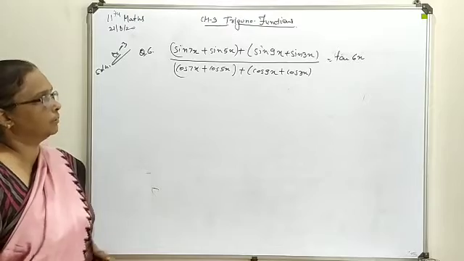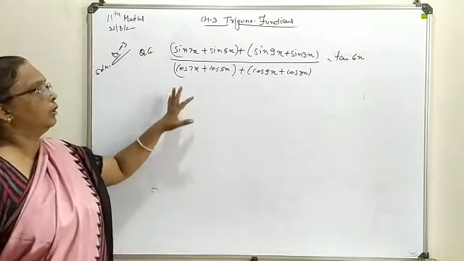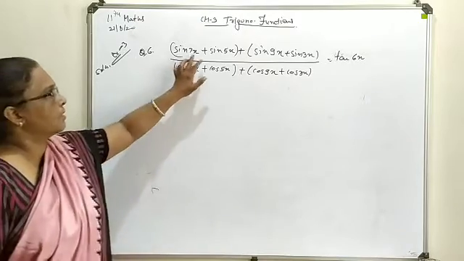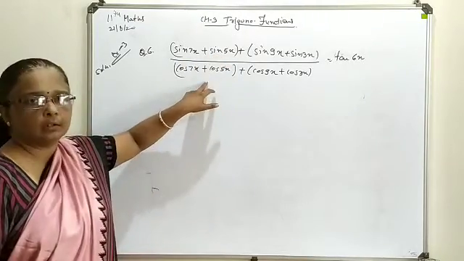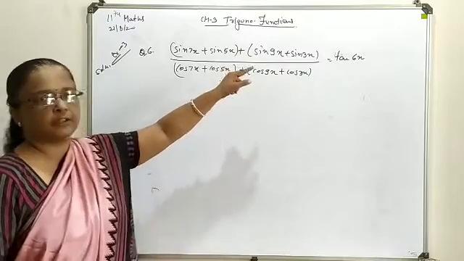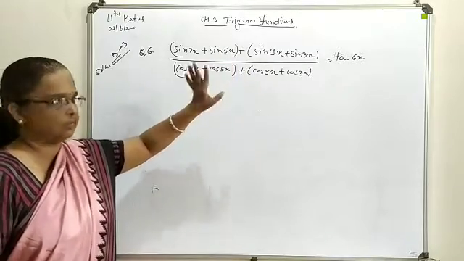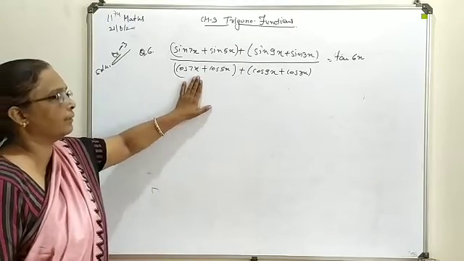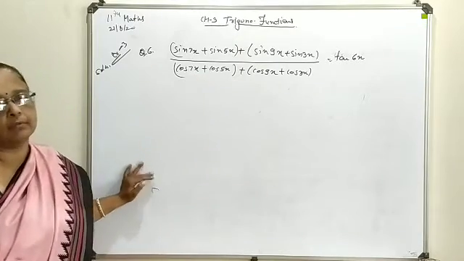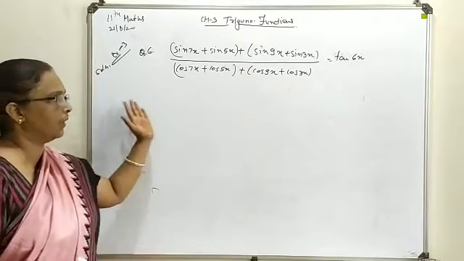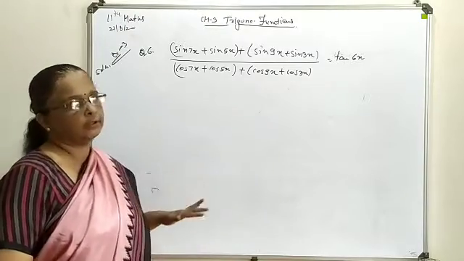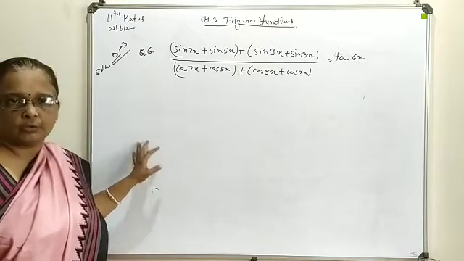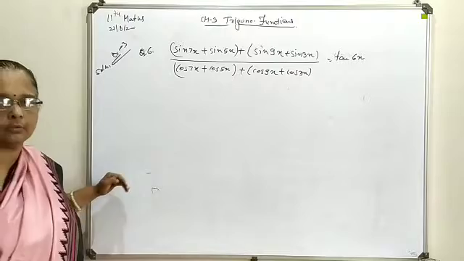Now how will it be possible? First of all, look at all the combinations. These are already given in an arranged form. So 7 plus 5 is 12, 12 by 2 is 6. 9 plus 3 is 12, 12 by 2 is 6, meaning you have 6x as a common angle. Here also the same angle you have. So cos 6x again you will have as a common form. So there is no need to rearrange them for further solution. So as such, the question form we are going to use to implement the formula.